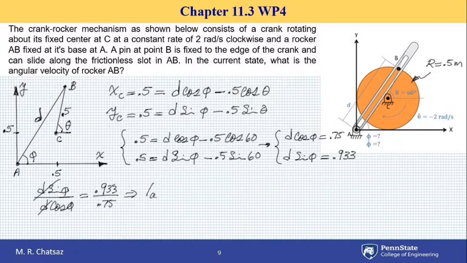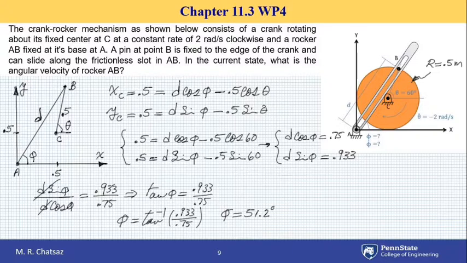So I have actually tangent of phi equal to this ratio of 0.933 over 0.75. Then I can take inverse tangent to find the angle. So I have this fraction, which actually gives me phi as 51.2